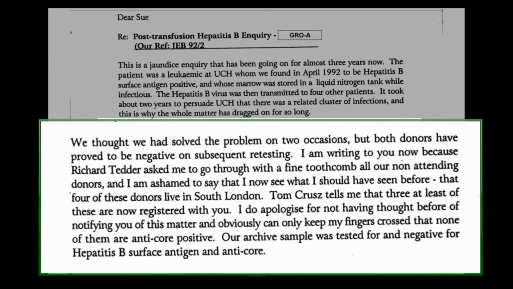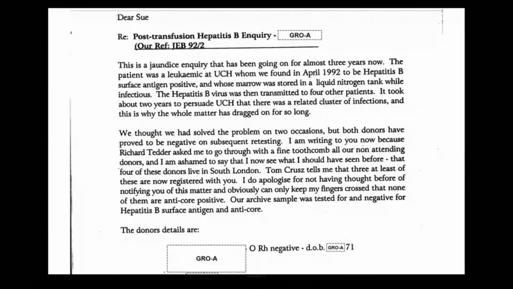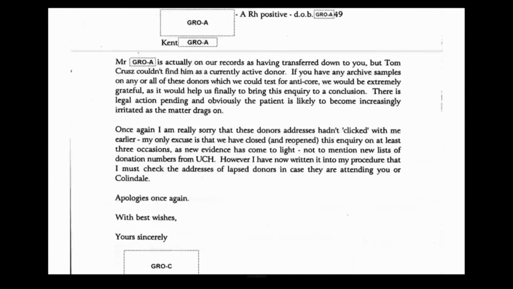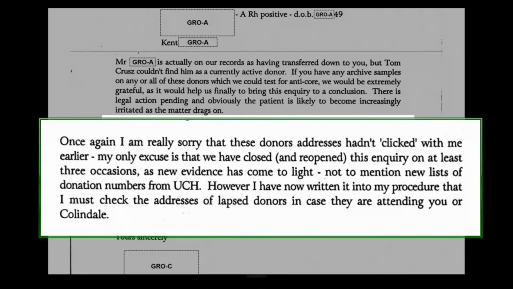If we just go over the page, sorry, one further page. We can see just an apology at the end. I'm really sorry these donor addresses hadn't clicked with me earlier. My only excuse is we've closed and reopened this inquiry on at least 3 occasions as new evidence has come to light, not to mention new lists of donation numbers from UCH. However, I've now written it into my procedure that I must check the addresses of lapsed donors